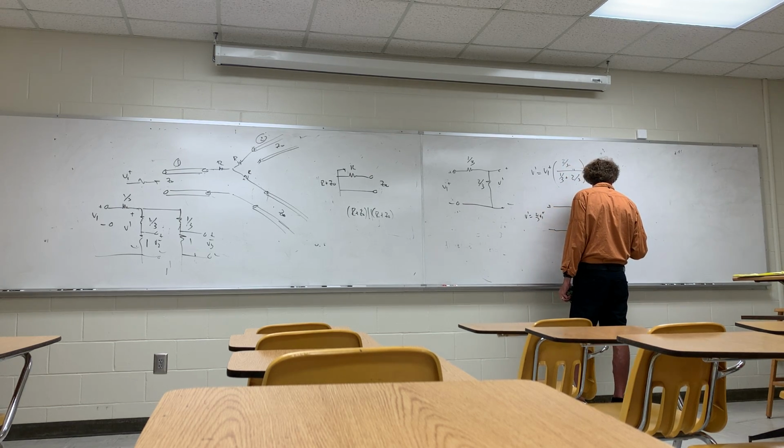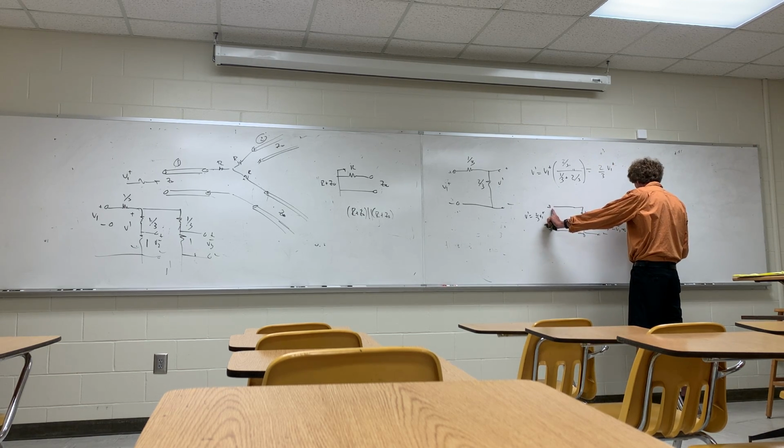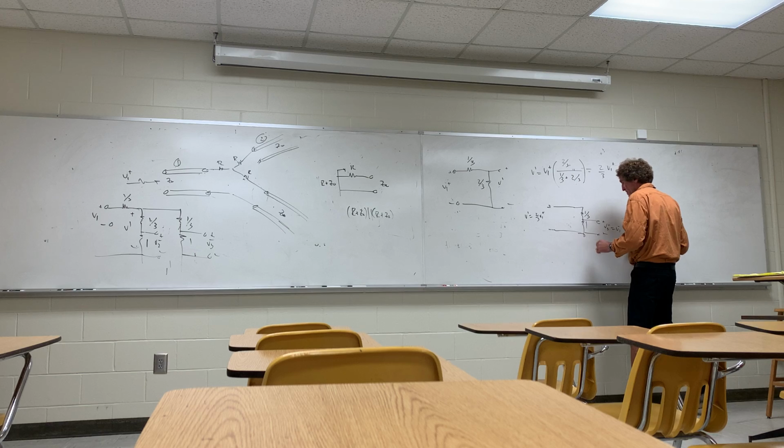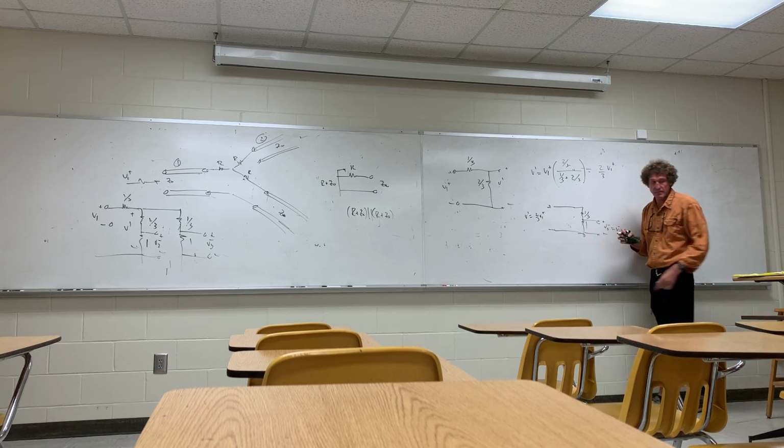I want plus to minus, and this will be either V2 minus or V3 minus. They're both going to be the same value. So that value becomes this value. Now, I just want this voltage. This is simple voltage division. I take V prime,